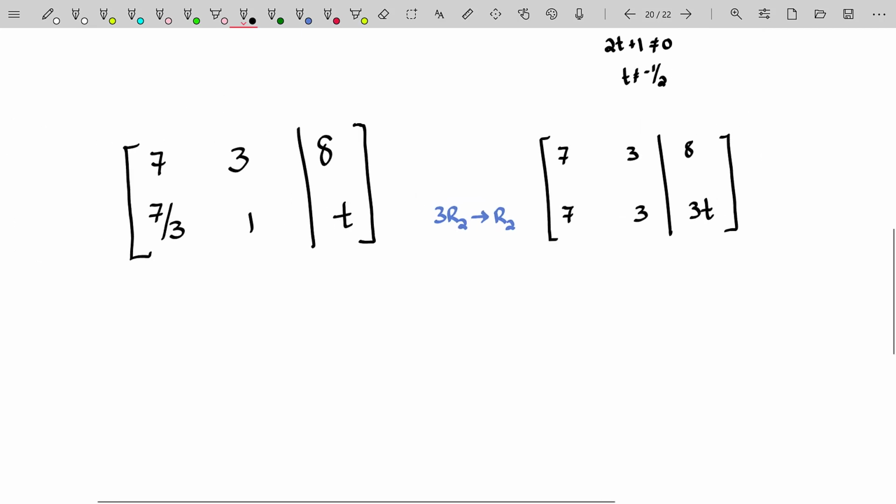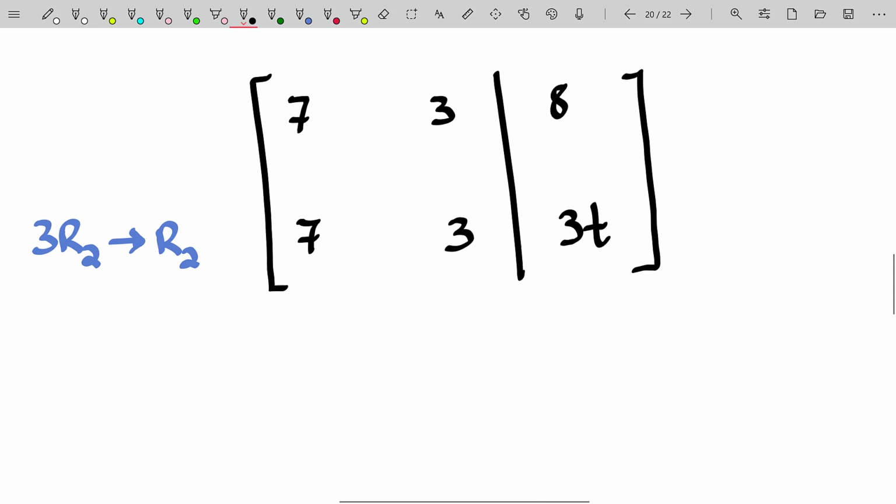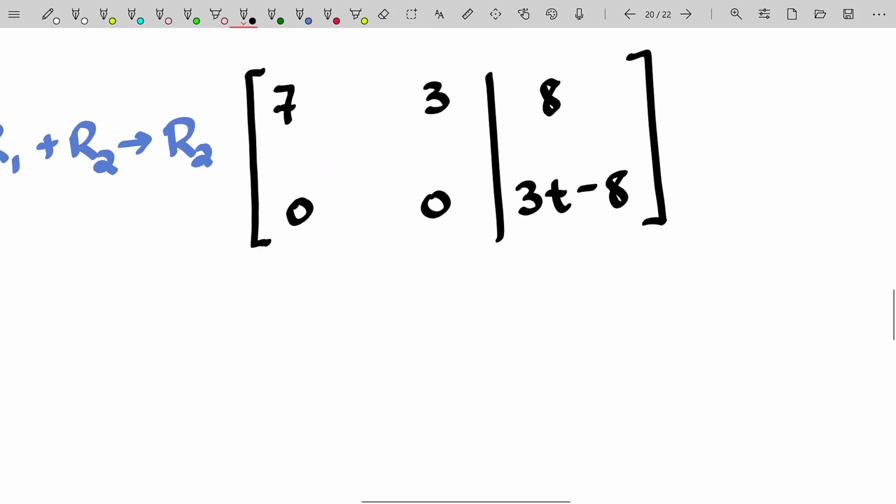So the solution sets for these underlying systems should be the same. They should be invariant under that elementary row operation. Note here, these two rows are almost identical. And in fact, if you were to go ahead and do a row replacement here, that is, if you were to take negative row 1 and add it to row 2 to become the new row 2, you would get the following. Now, taking a look at that, you might not know what is going on here, if there's a solution or not. Remember, we're hoping to have a unique solution, and you should be able to see that we will not get a unique solution once we transform this into a linear system.